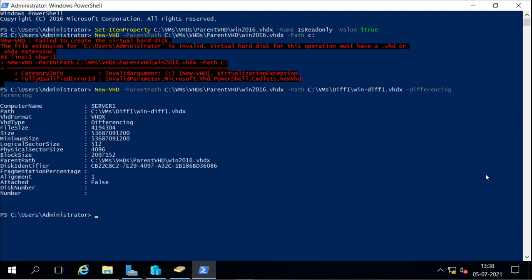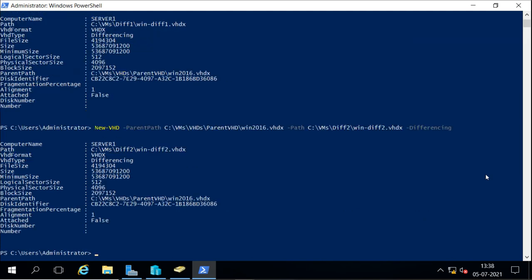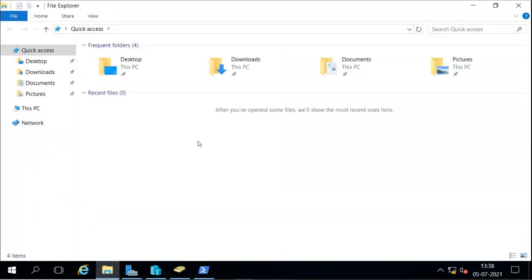Just like this I can create multiple disks, like I will create 2 under the second one. So I created 2 differentiating disks, and they are here.